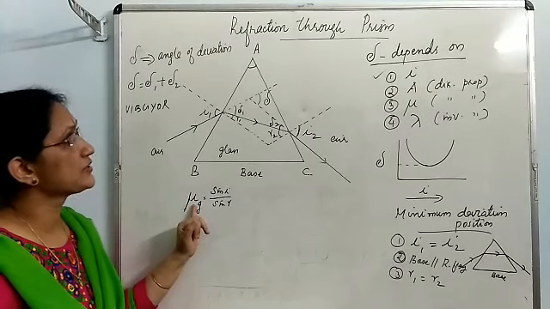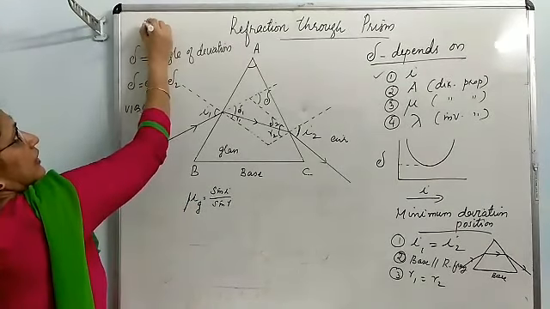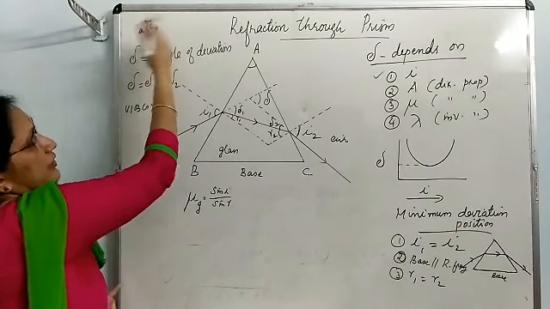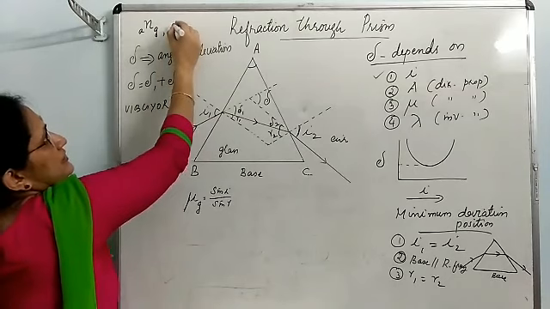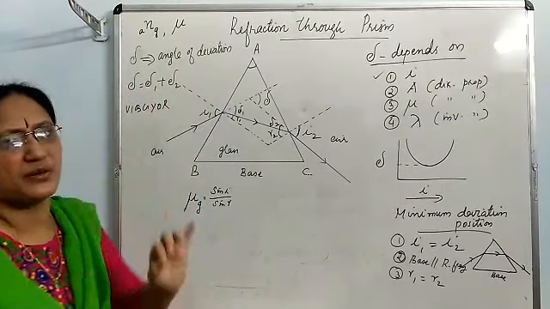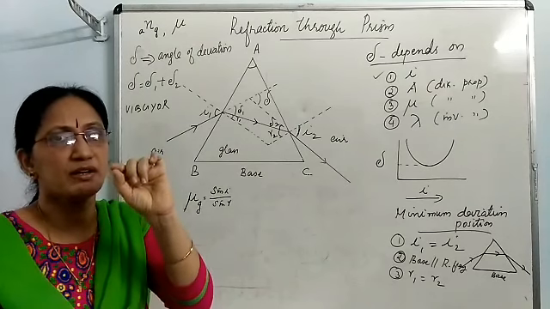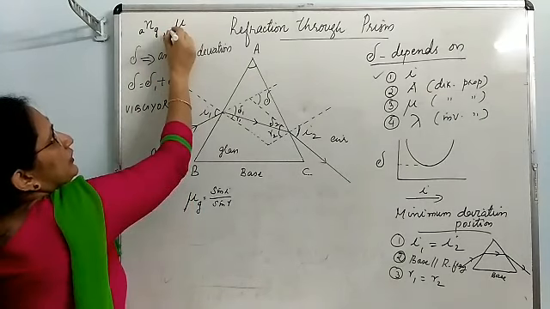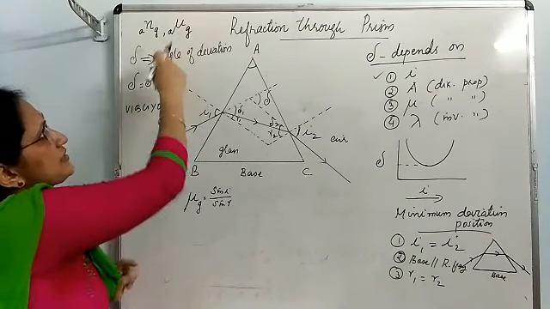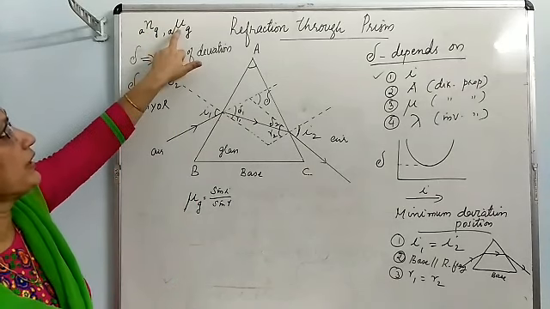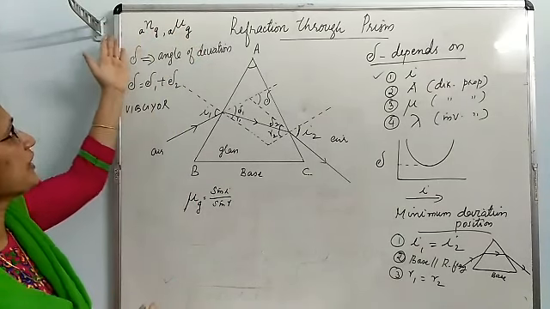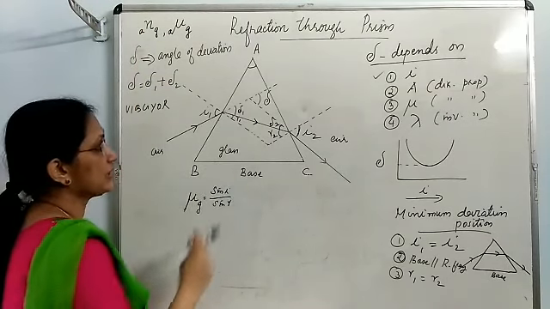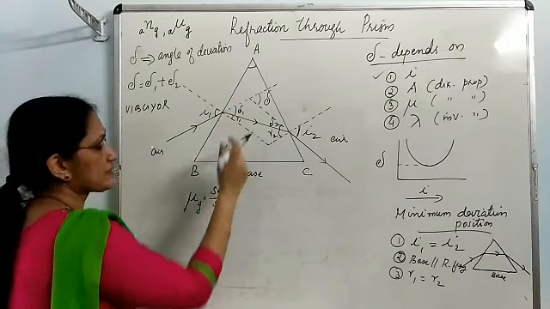Refractive index, you may use two symbols. You may use the symbol N, and the first medium you have to write on the left side, second medium on the right side. Or another symbol is mu. In a previous video somewhere I used a wrong term, it is not eta. This is the symbol mu. And the first medium on the left side, second medium on the right side. This is the way to write. Either you may use the symbol N or mu. So here, refractive index of glass you can find out by sin I by sin R.